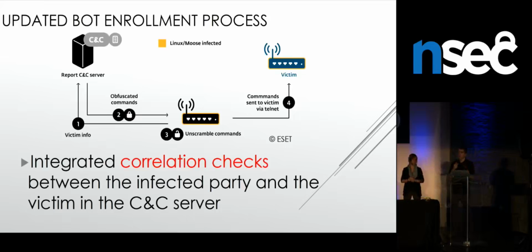And then when we studied back the protocol of the bot infection, we realized that there's a communication going on with the CNC on infection, which means that they can, at the server side, ensure that there is a correlation between the infectee and the infector. So what we had to do then is to spawn bots and cross-infect our own instances. Otherwise, we would not see traffic going through it.